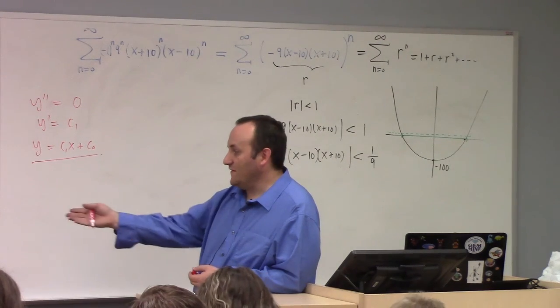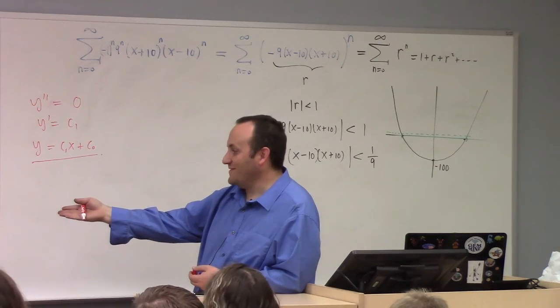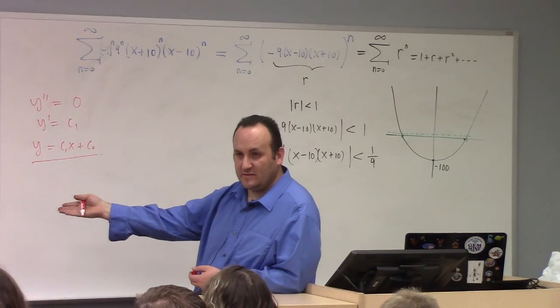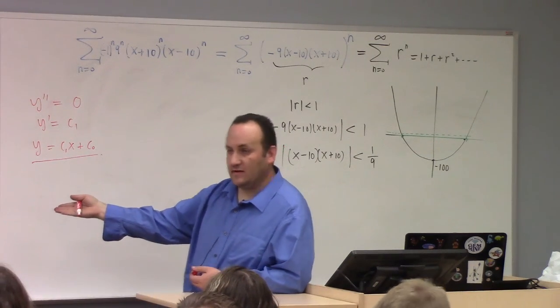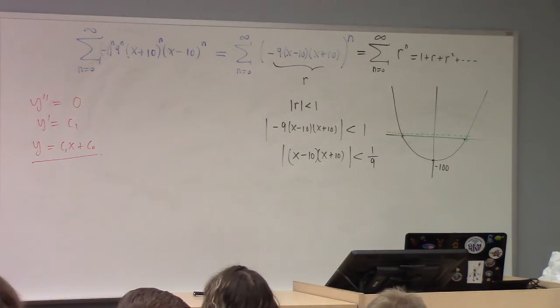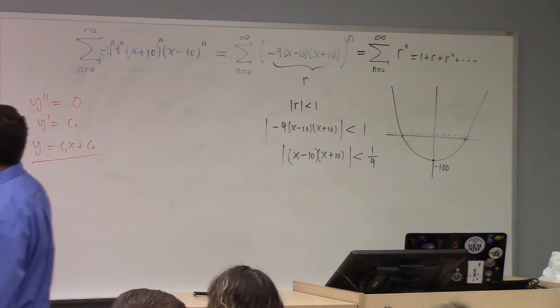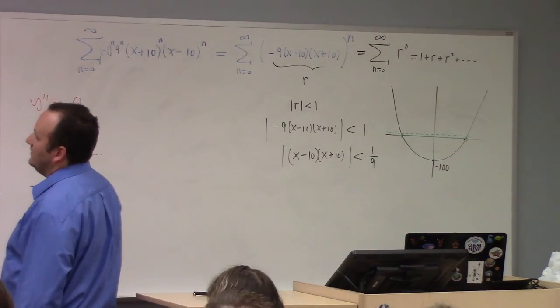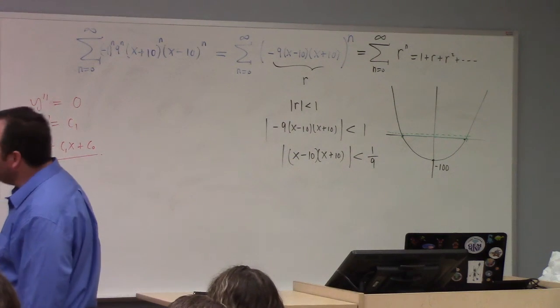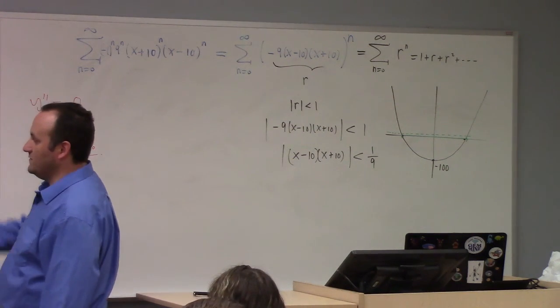I would be remiss if I didn't point out what we just found. What are these power series you're looking at? Can you recognize them? Sine and cosine, right. This is c0 cosine of x plus c1 sine of x. And if you, oh, I'm so sorry. My bad. Did I solve the differential equation which was stated